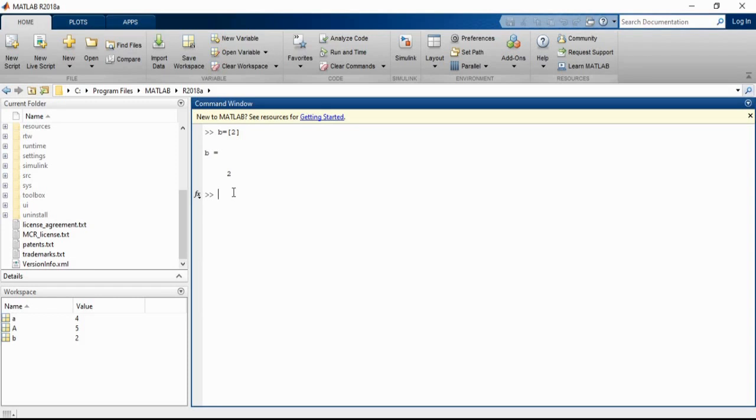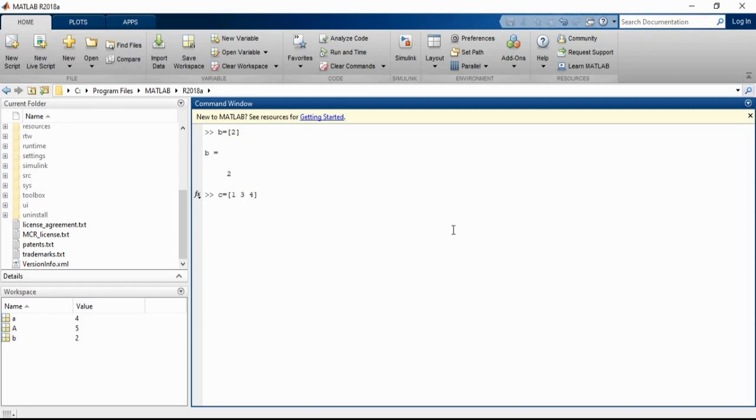Whenever you create a vector, let's say I am going to create a row vector, I open the square brackets. As I told you, a row vector has one row with different columns. Now I enter different values in this variable name c: 1, 3, 4 with spaces.